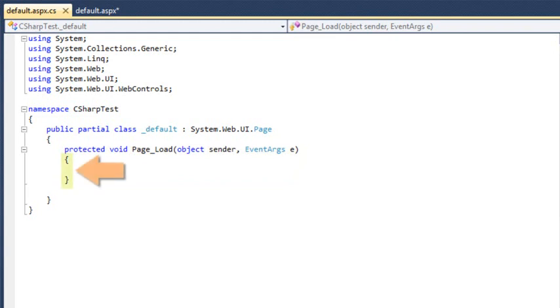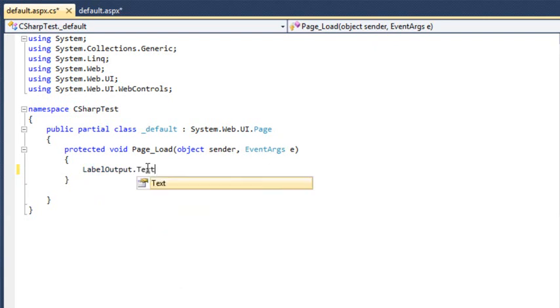The curly bracket symbols show where the method begins and ends. Everything between the curly brackets is part of the method. As you can see, at the moment the method is empty. Click in the gap between the curly brackets and add the following C# code. LabelOutput.Text = "Hello World";